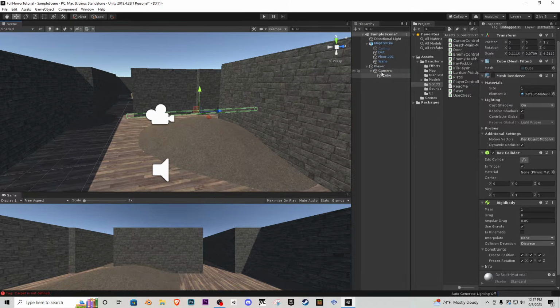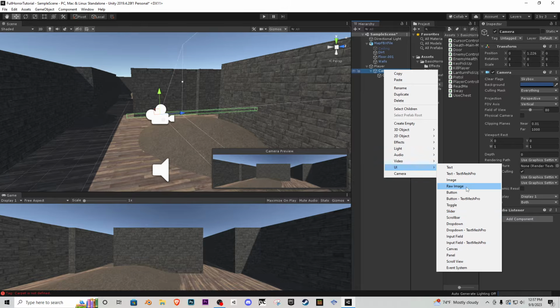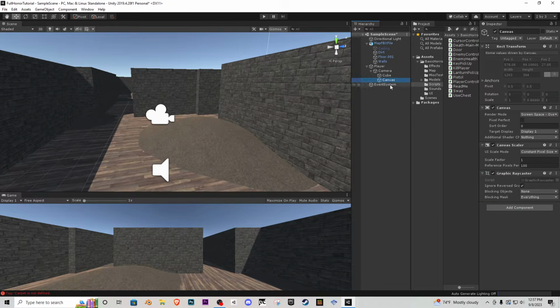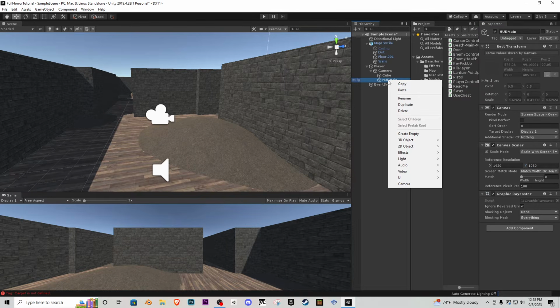With that, let's actually create a HUD. So go to camera, UI, where is it? Canvas. We're gonna rename it to HUD main. HUD main. Canvas scaler, let's scale with the screen. Let's do 1920 by 1080. It's just a very easy resolution to use, and it scales down or up very easily. We will go into HUD main, right click,